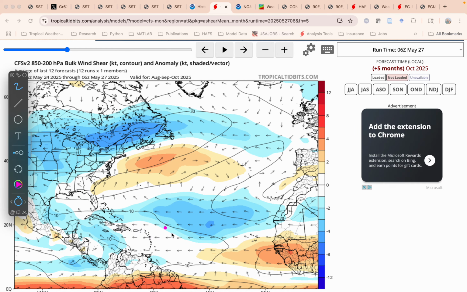But this year, as climate models are showing, we'll likely have a window for storms to get into this Southwest Atlantic and Gulf region. Could be the Yucatan, could be Texas, could be Louisiana, could be Florida. We just don't know. It's going to depend on steering. It's going to depend on the Bermuda High and what the pattern over the U.S. is. But the window will probably be there,